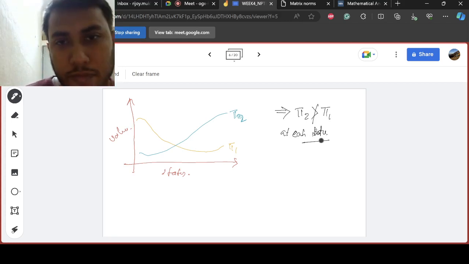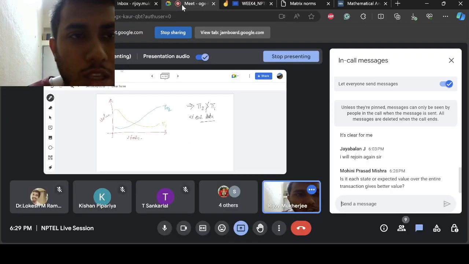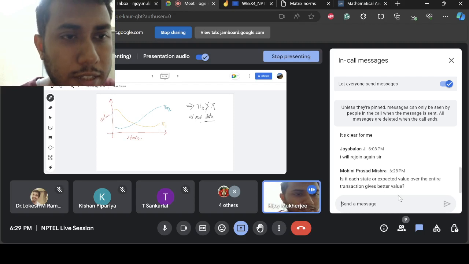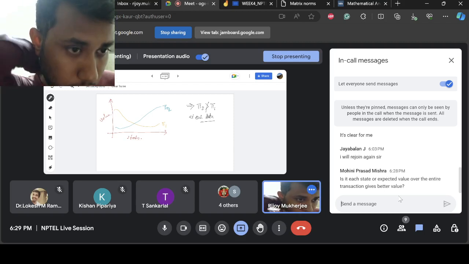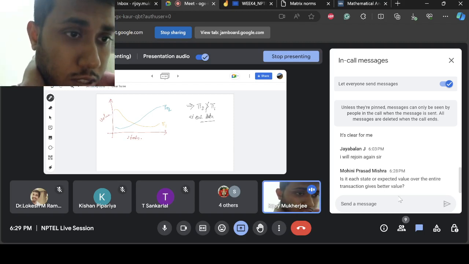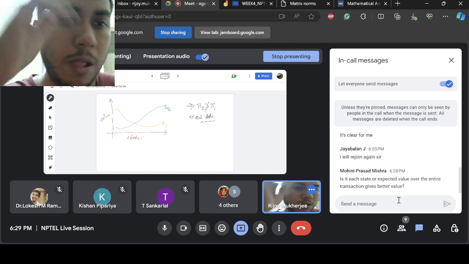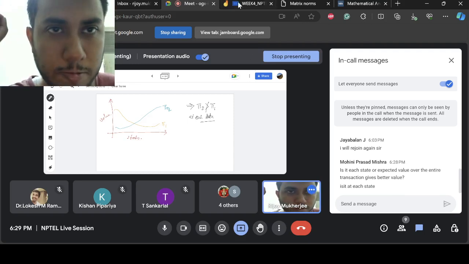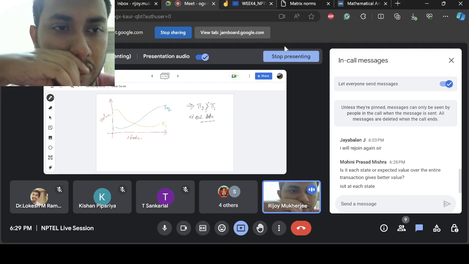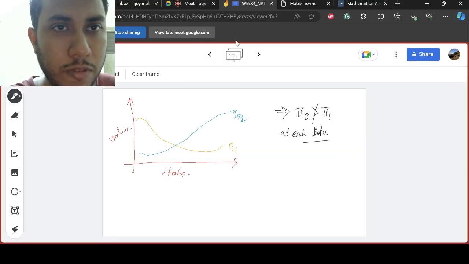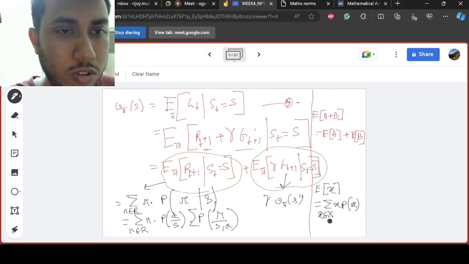Is it each state, or does the expected value over the entire transaction give the better value? It is at each state. So if you think about optimal,